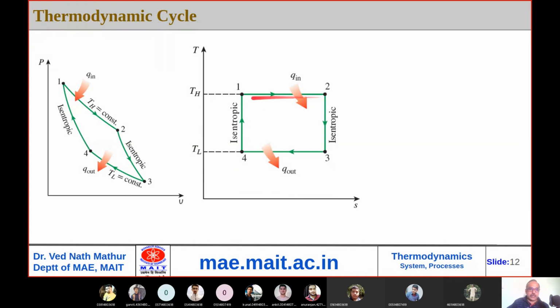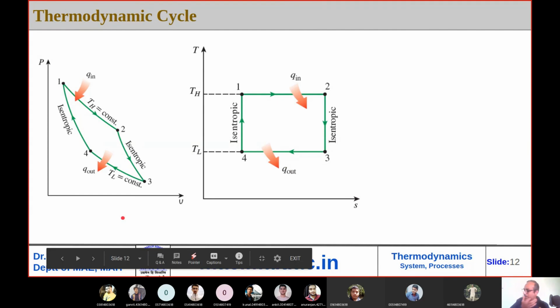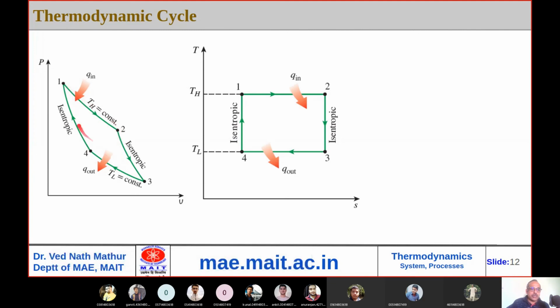And similarly, for a single process 1 to 2 on a PV diagram, the area below the curve represents work transfer. But as soon as you talk about a closed cycle, we have a law which says for a closed cycle, net work transfer is equal to net heat transfer. So this area represents work transfer, but according to the first law of thermodynamics, this is also equal to heat transfer. This area represents heat transfer, but for a closed cycle, net heat transfer is equal to net work transfer. So this area also represents work transfer. So it's one and the same thing.